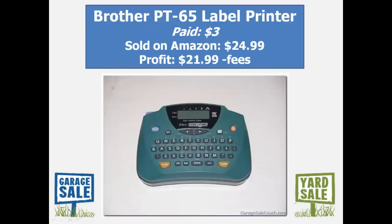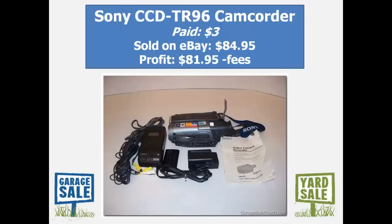This is a label printer. Some of these are worth nothing, some of them are worth something. I looked this one up on Amazon when I was at the sale, and I made 20 bucks profit on this. This is a camcorder, and I think it's a high 8 camcorder,